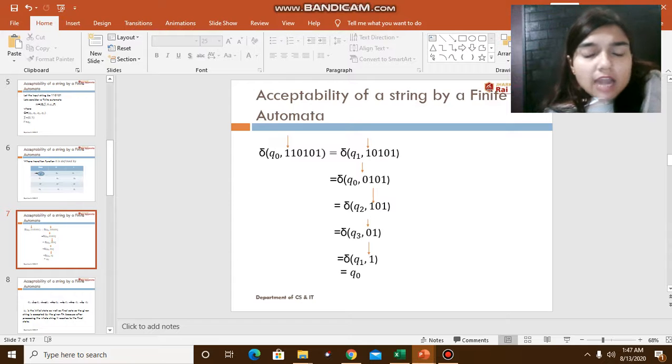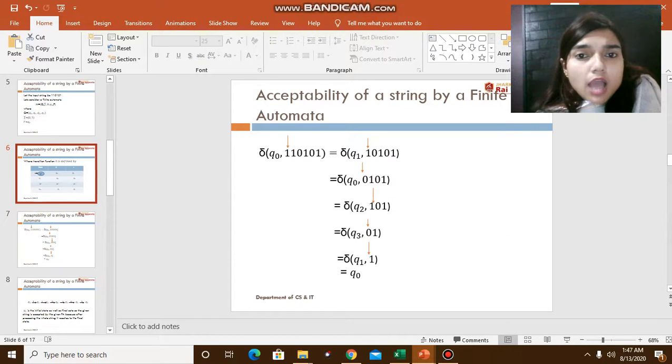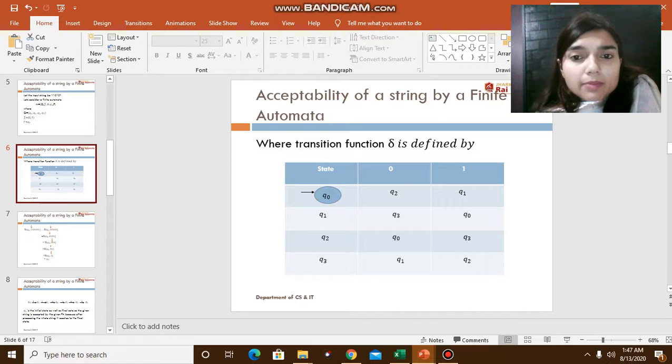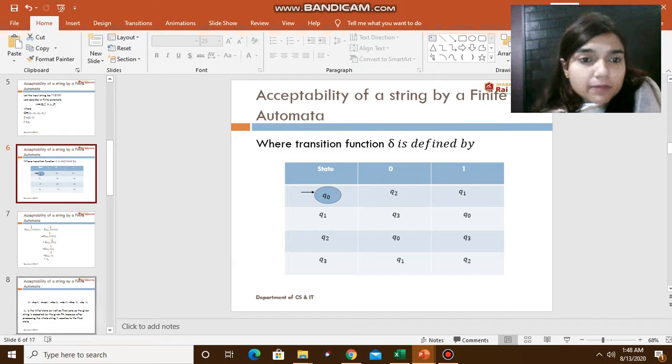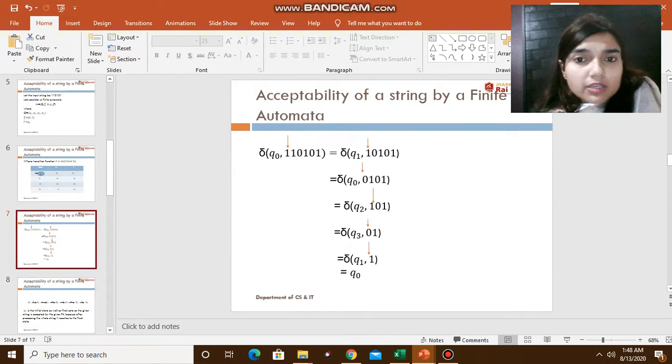Why do we say the starting state is q0? क्योंकि हमने टेबल में देखा है कि इस टेबल में q0 पे एक इनकमिंग एरो है. It represents that अगर किसी स्टेट पे ये एरो दिखता है तो वो रिप्रेजेंट करता है कि वो इनिशियल स्टेट है, और अगर कोई स्टेट circled है, it means it is a final state also. So what we have learned कि in the given transition table q0 initial state भी है और final state भी है. So now let's start here.